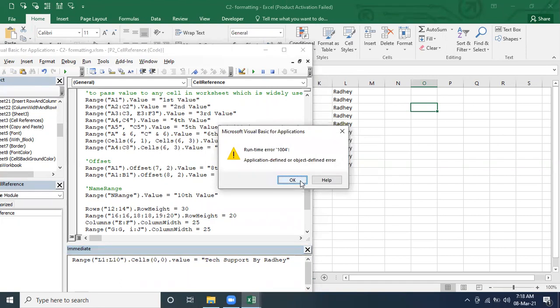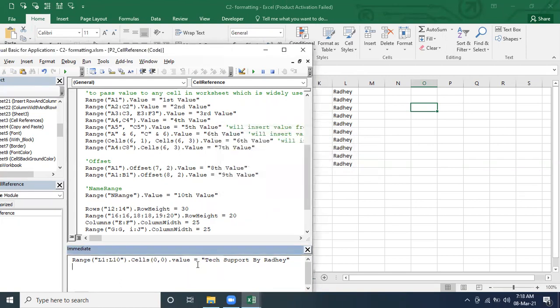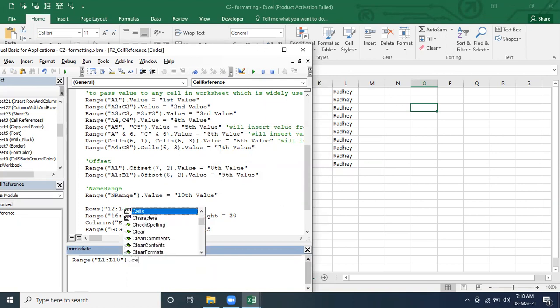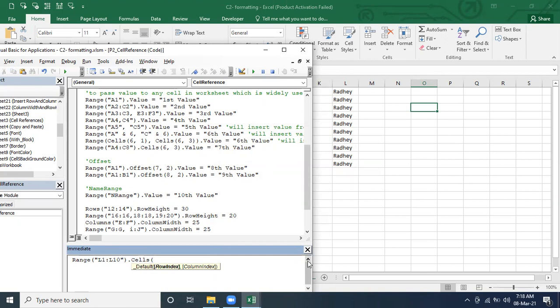What happened? But cells is asking for the row index. So the row index, I think 1 and 1 it will be. Let me pick.